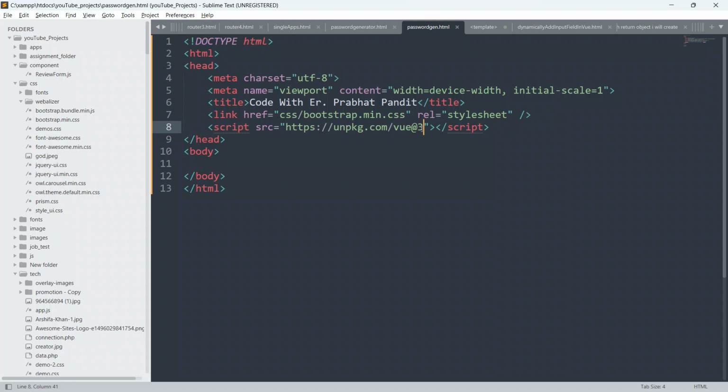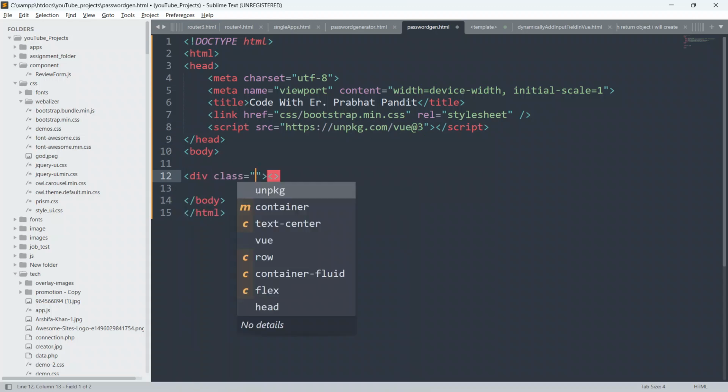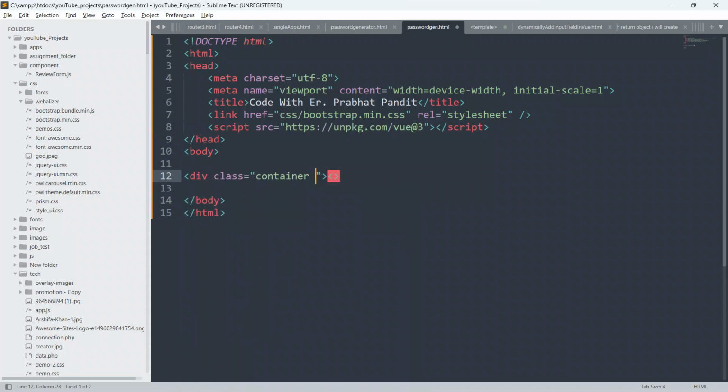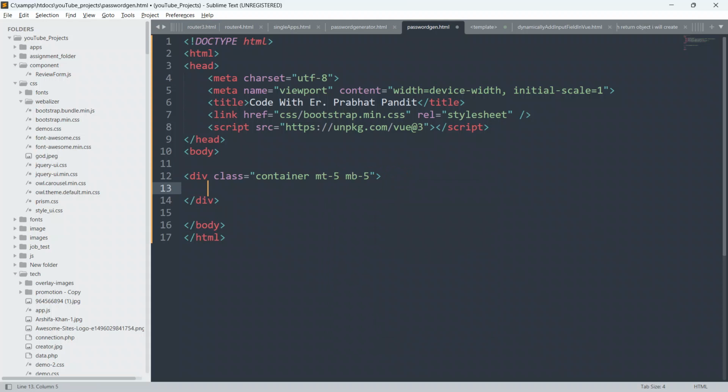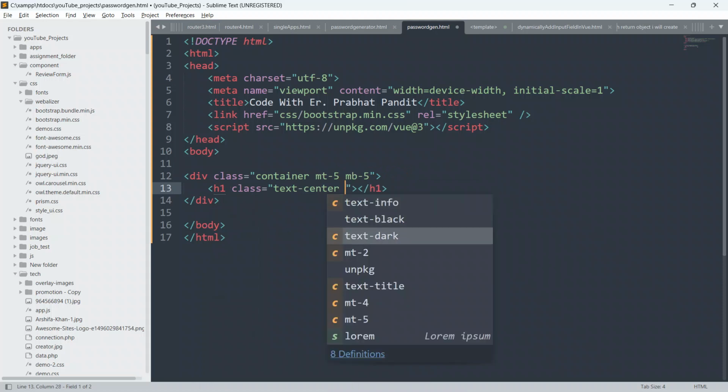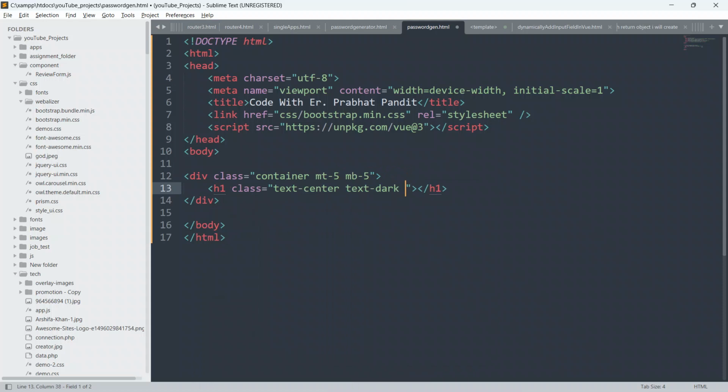So now first of all I will create the HTML, and just create a div and give it a class as a container, and give margin top 5, and margin bottom 5, and close this div. And inside this div I am going to create a h1 element. So I will just create h1 element, and close this h1 first, and I will give the class as text center, and text dark also, and I will give here margin top 2, and margin bottom 2 also.